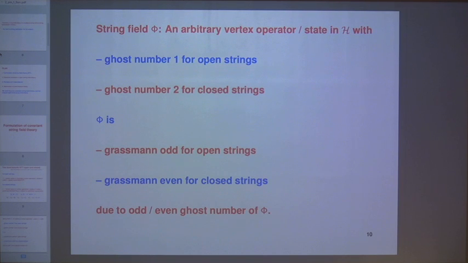Number vortex operators are typically Grassmann odd, and even ghost number vortex operators are Grassmann even. Now, this doesn't look like an infinite component field that I promised at the beginning. But to see these infinite components, what you need to do is to choose a basis in H and expand phi in that basis. And the idea is that the coefficients of expansion are the dynamical variables of the theory, which can be any number, and those are the fields. And that's where you get the infinite number of fields from.